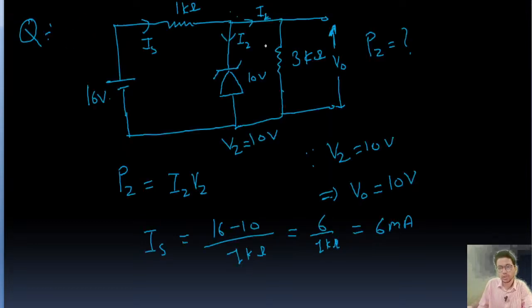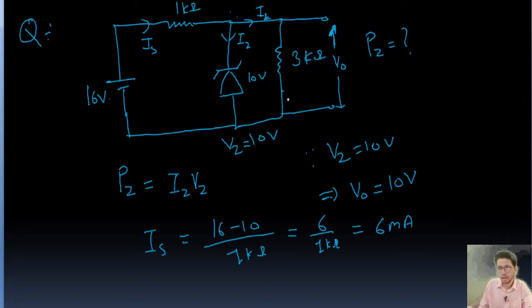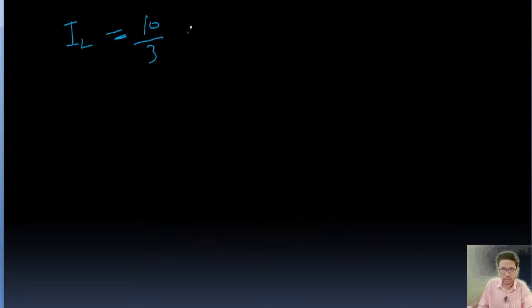IL current is going to be here. IL means the current flowing through this, the voltage difference, the output voltage we have. This is 10 volt, right? 10 volt means I equals V upon R, so I is going to be V. V is 10 volt upon R is 3 ohm. R is 3 ohm, right? So this is going to be 10 by 3